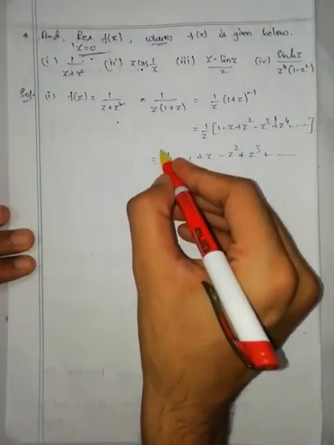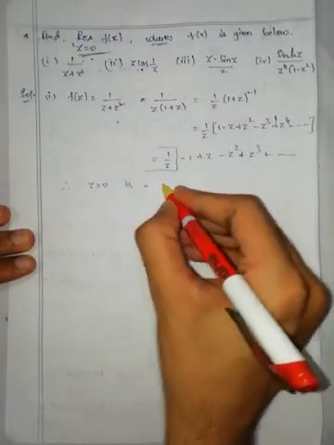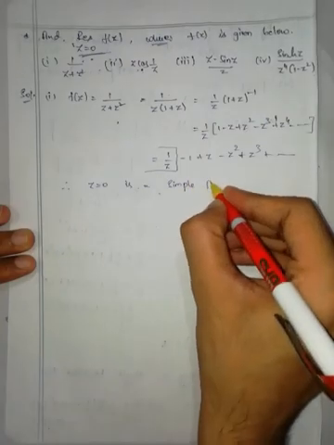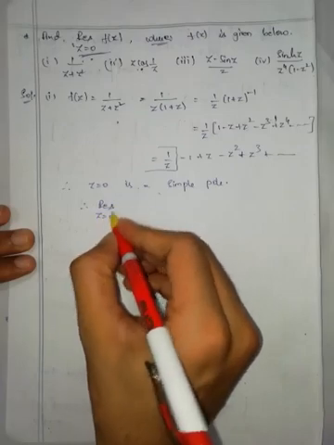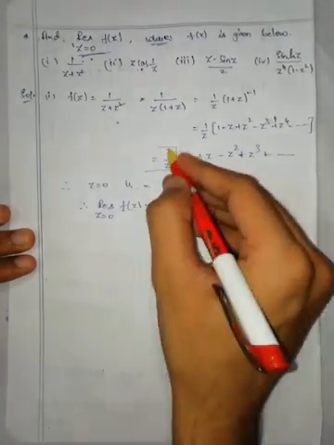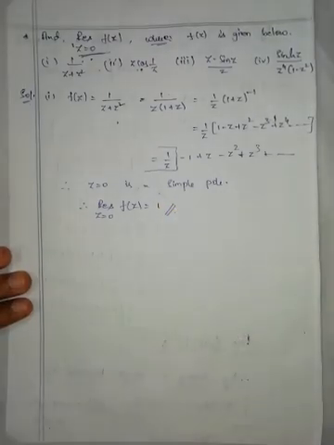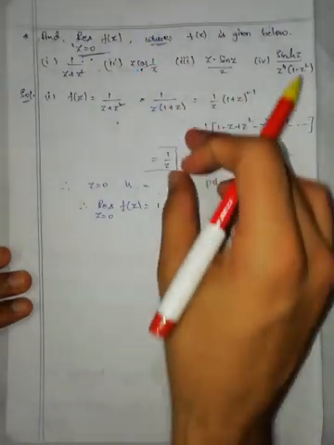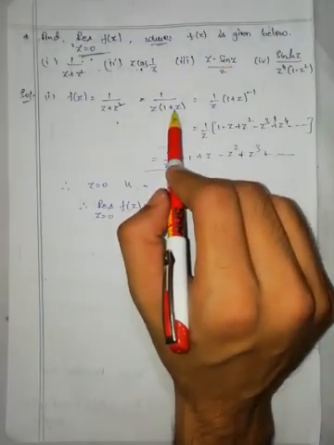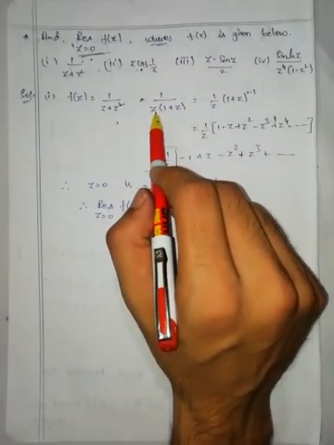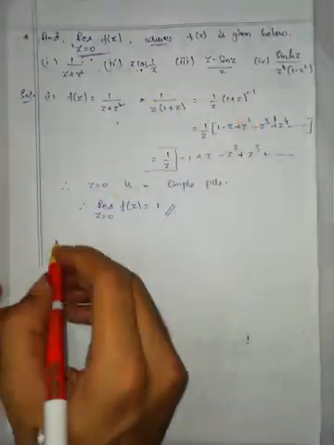What is the principal part? This is the principal part. Therefore, z is equal to 0 is a simple pole. What is the residue at z is equal to 0 of this function? It is the coefficient of 1 by z, that is 1. Similarly, you can find the residue at minus 1 also. Whole series you can represent in terms of z plus 1, means adding 1 and subtracting 1, or you can make a partial fraction of this one and solve.